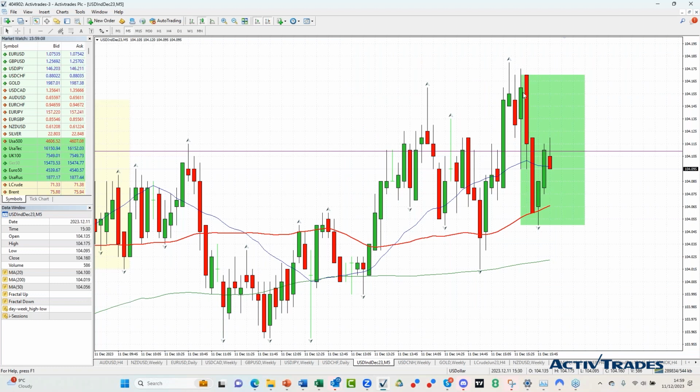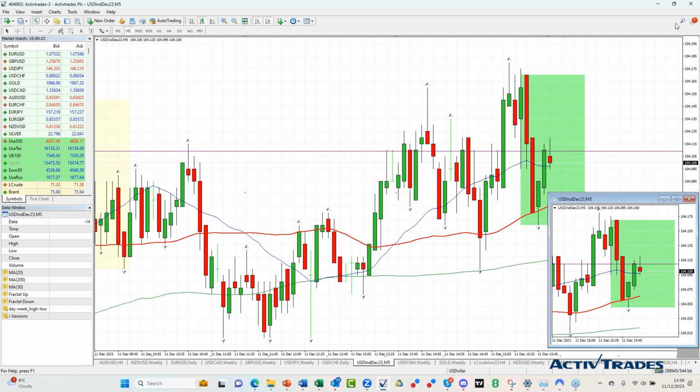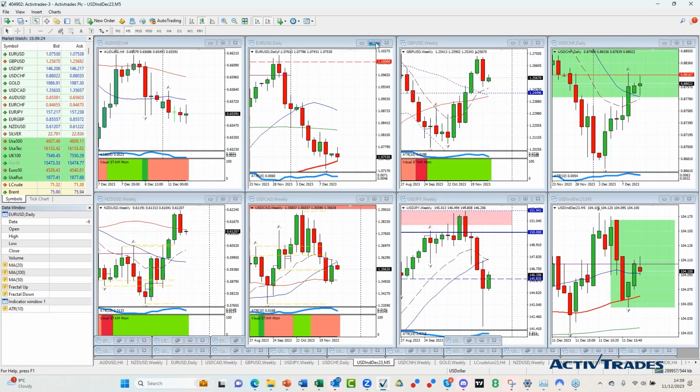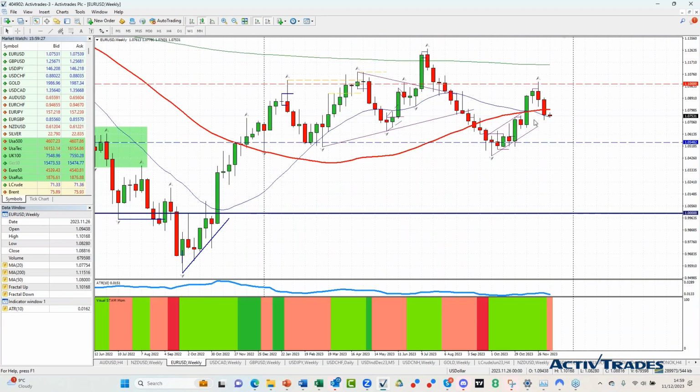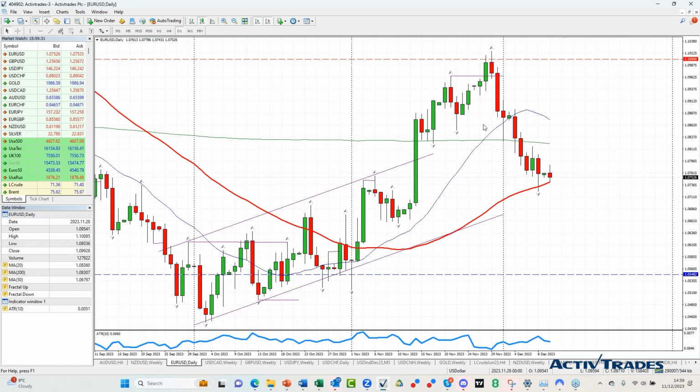If I look at the 5-minute chart, the green box is just an indicator that gives me the starts of sessions. It's just pivoting around that 104.10 level. Nothing terribly exciting there. If you look at how people are going to trade that, euro dollar is doing the opposite of the dollar index. On the daily chart,